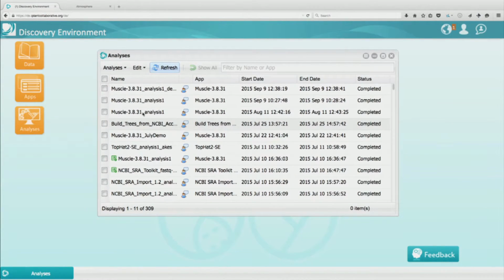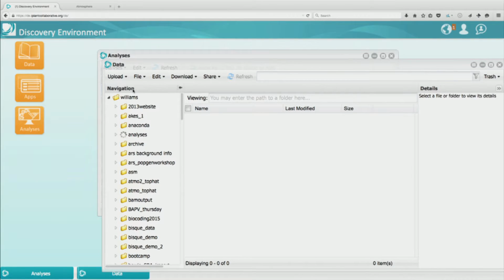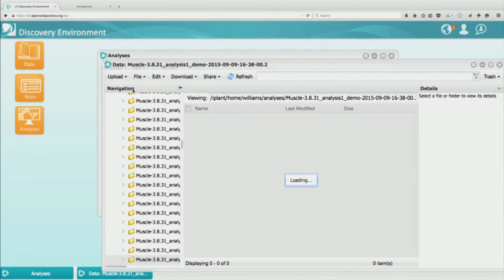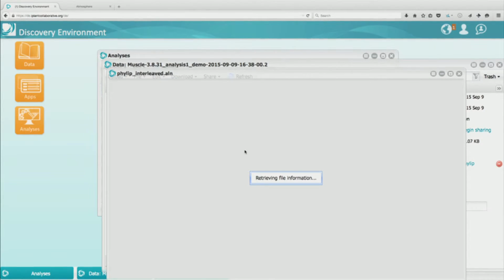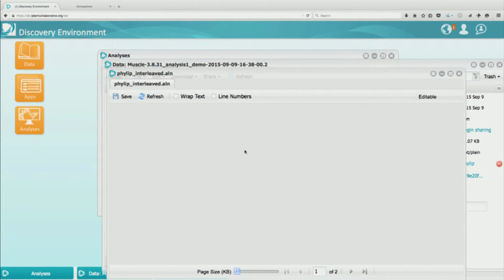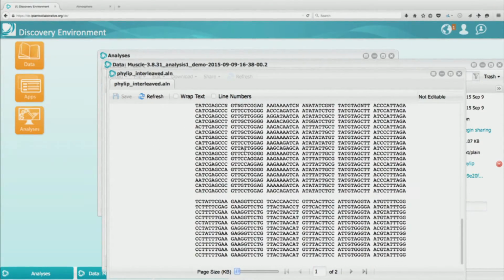But now that my job is complete, if I actually click on the job itself, or the job name, it's going to take me to the outputs where they exist in my iPlant data store. Okay, and there are my results. If I click on that output, here are my aligned sequences. Okay, so really,